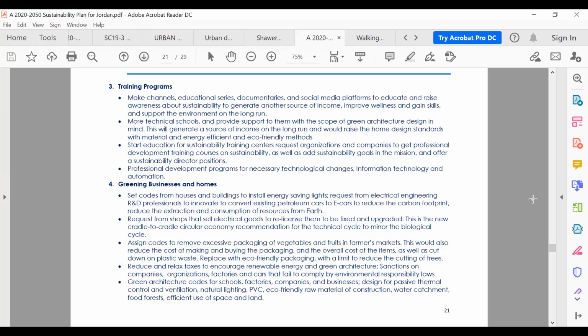More technical schools, and provide support to them with the scope of green architecture design in mind. This will generate a source of income in the long run and would raise the home design standards with material and energy efficient and eco-friendly methods. Start education for sustainability training centers